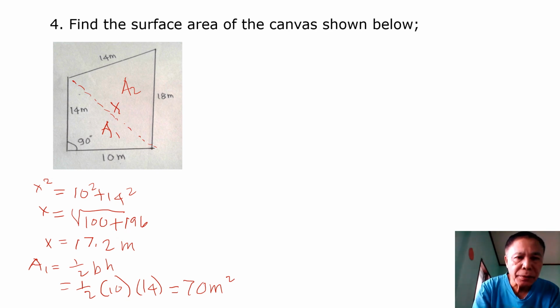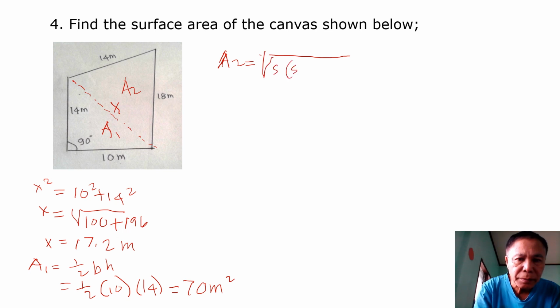Whereas your A2 would be equivalent to the square root of